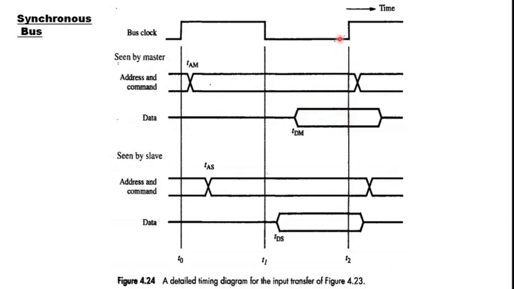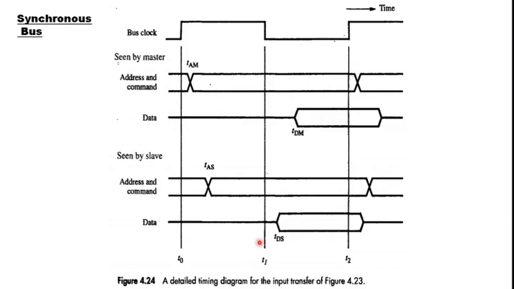deemed to be complete. So the interesting thing to note here is system designers will be aware of TAM and TAS. Okay, and they should design the interval T1 to T0 in such a way that it can cover the effects of both TAM and TAS, and the slave will be able to complete the data processing required by T1. Okay, so the interval T0 and T1 will be determined like that.